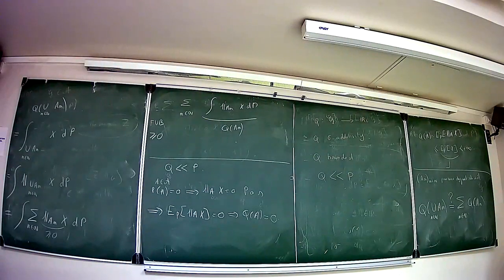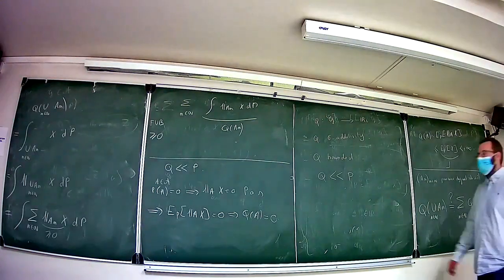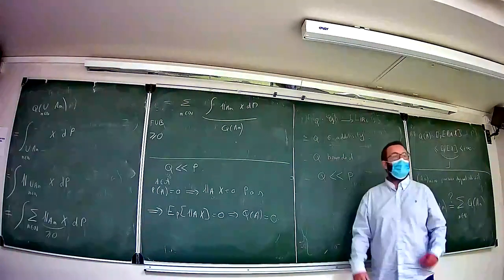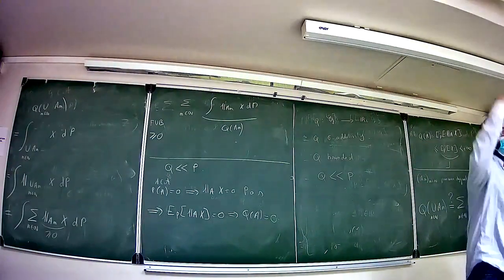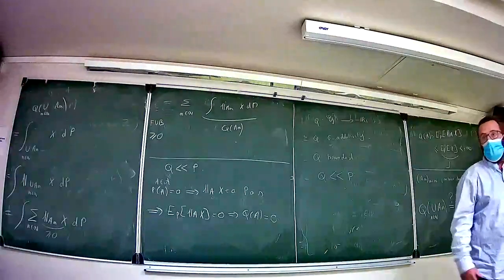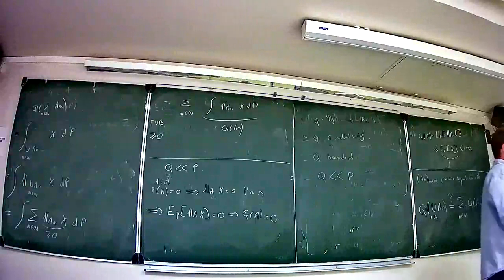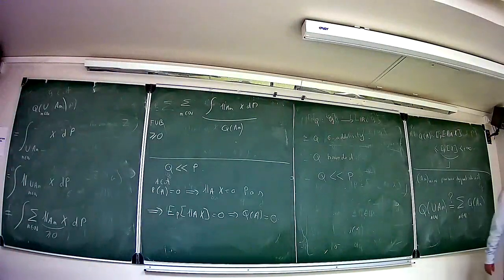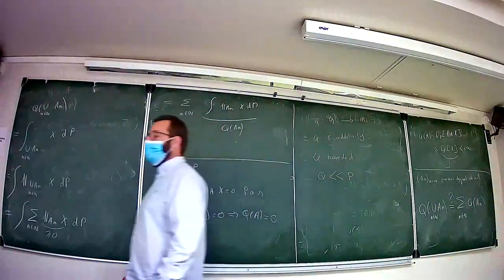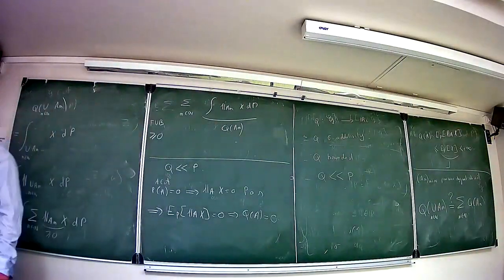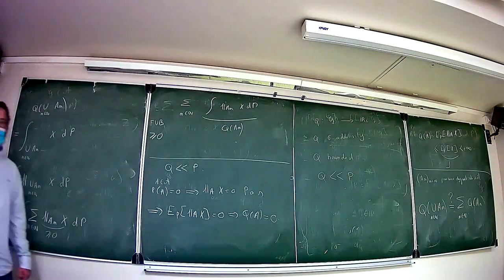Okay. But here I am in fact in the case of probability. So P of omega is 1, but Q of omega is not necessarily equal to 1. But it is bounded, so it is sufficient to divide by Q of omega, and I have something that is a probability. So the statement of the Radon-Nikodym theorem with probability or with finite measure gives rise to exactly the same thing. Okay?